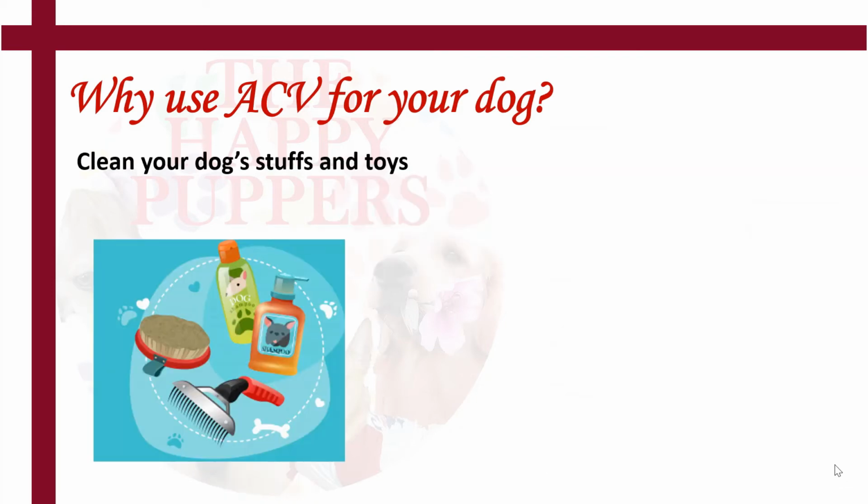So you can use apple cider vinegar to clean your dog's stuff and toys. For this, you can basically use apple cider vinegar along with hydrogen peroxide and any kind of common utensil detergent like Dawn dish soap or anything. So you can use this concoction as a cleaner for cleaning your dog's stuff. So you can use it as a solution, put it in a spray bottle, and use it to disinfect your